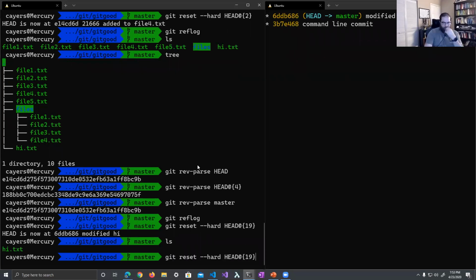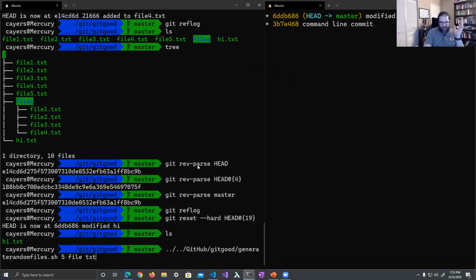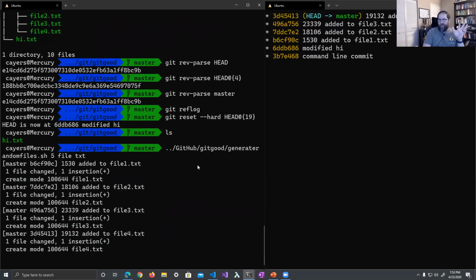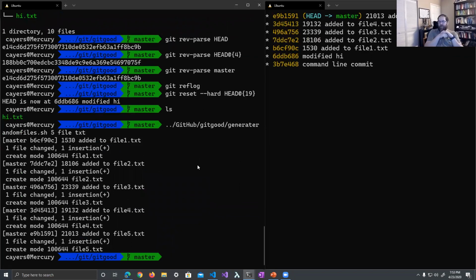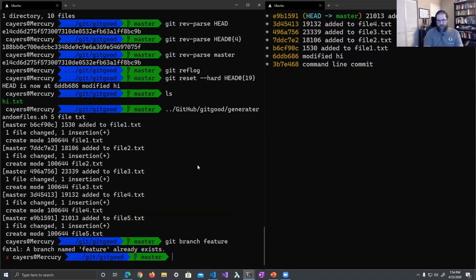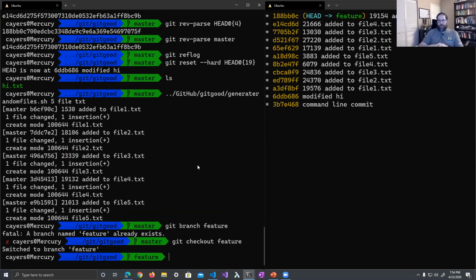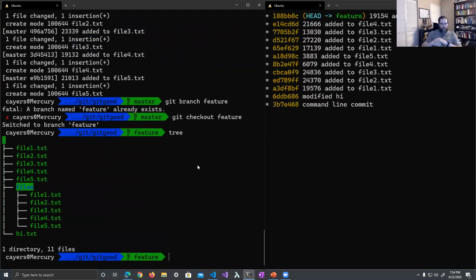So let's do this again. Like I said, I got a little off the beaten path because I wanted to look at some of the merging that we're going to do. So let's make a feature branch again. Nope. Check out feature. Let's see where we're at. So feature has all those files. Okay, and let's look at the tree because we had added those files to feature. All right, so let's check out